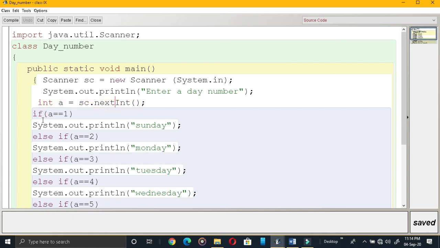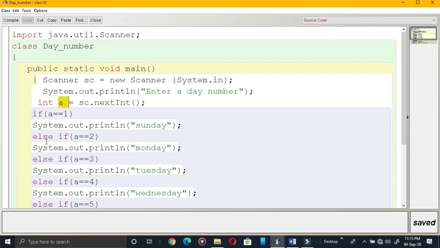Now checking. If a is equal to 1. We are doing this program with if; other programs we will be doing with switch. So let us see this program with if a is equal to 1. That means if the value is 1, what will you print? Sunday.